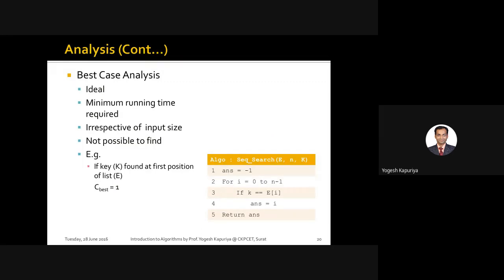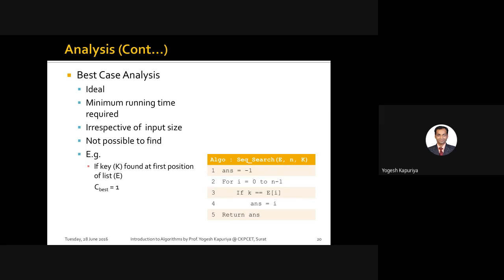That was about how to count the steps. Now, once you are ready with those step counts, what is the next step to compute the time complexity? That we will discuss afterwards. But before that, let us quickly review. There are 3 types of cases where time complexity may change.